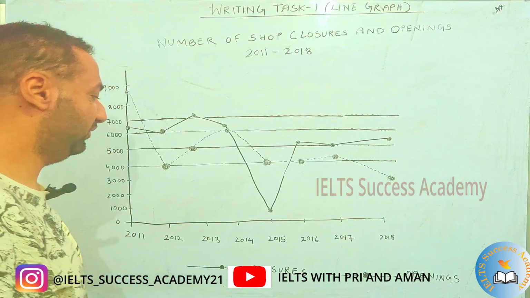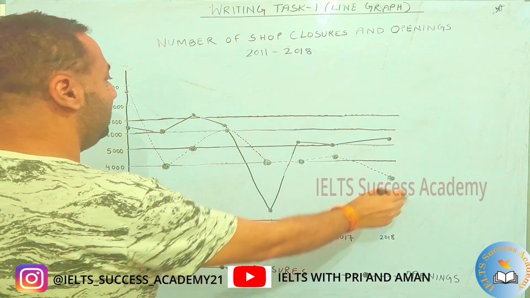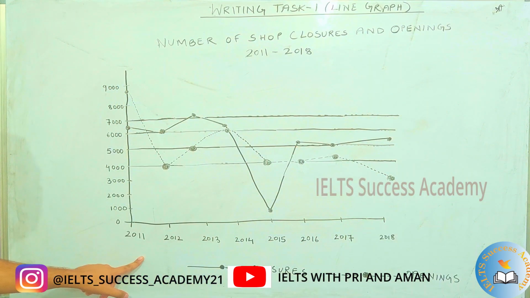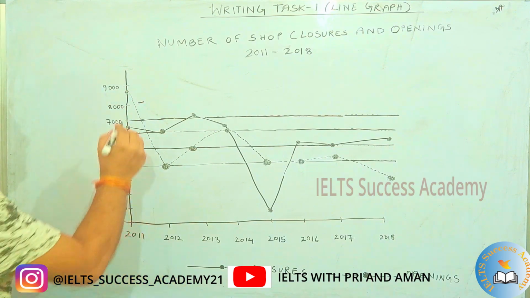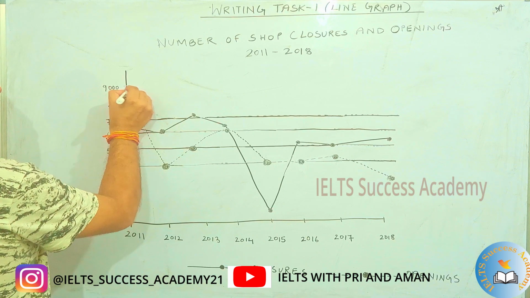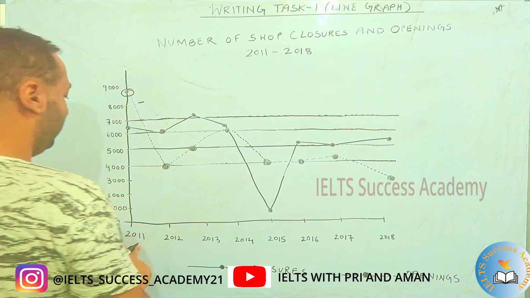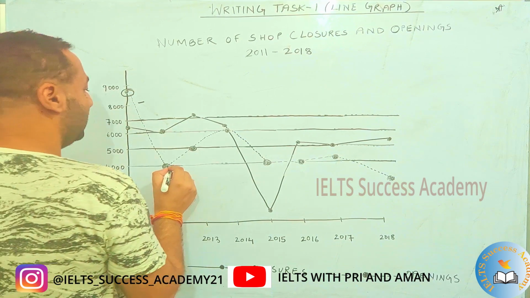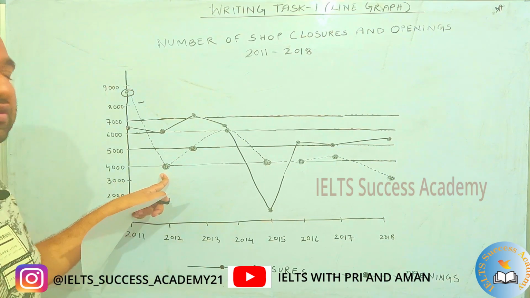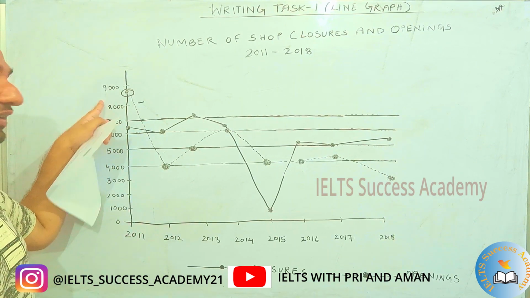so as you can see with the key, overall we can see that there are major fluctuations. So for example, if we look at openings first, okay, openings are marked by this line. Starting number of shops that were opened were just above 8,000 in the year 2011. By the year 2012, the number of shops that opened were just 4,000. So basically we had a drastic drop from nearly 8,500 to